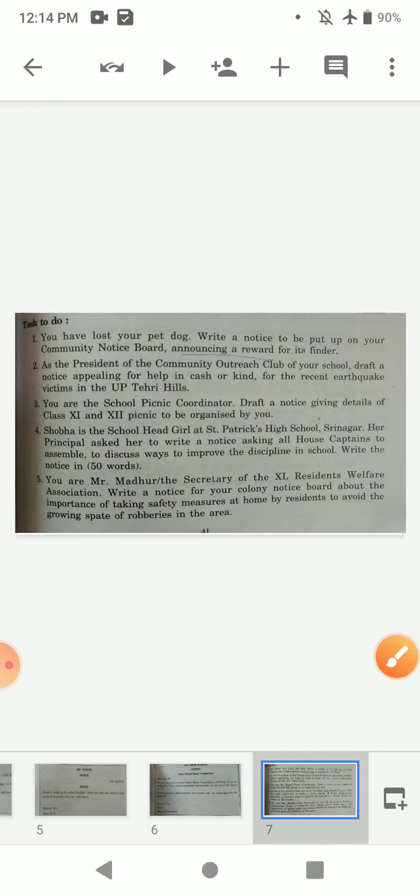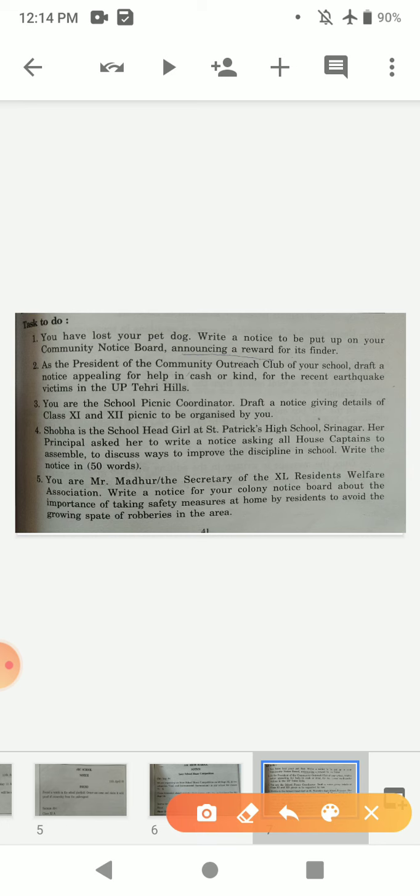So here are some tasks which you need to do. Task 1 is, you have lost your pet dog. Write a notice to be put on your community notice board. So the audience here is your community, the notice board where you are living, announcing a reward. So you have to keep in mind that while framing the content, you have to mention this thing